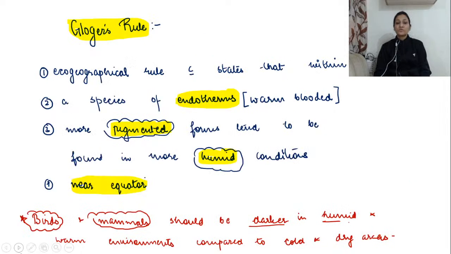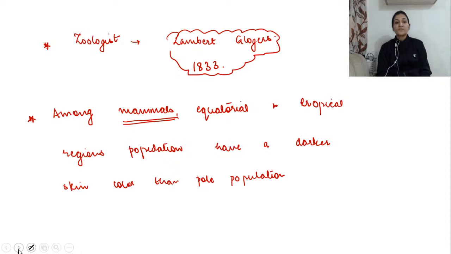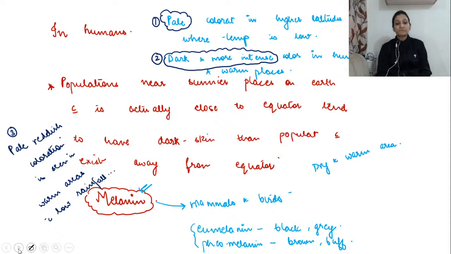This is the whole formula, that inclusive fitness equals direct relatedness into indirect relatedness. Then we have seen Gloger's Rule. It is about the pigment of the skin, that the individuals who are living in the warmer and drier areas are going to have more pigment, more melanin in their skin than the people who are living in the colder areas, that is at the higher latitudes. This is the Gloger's Rule, and it was given by the scientist Constantin Gloger in the year 1833, and it stands true for mammals and for birds. These two follow the Gloger's Rule, and Gloger's rule is for melanin pigment, eumelanin and pheomelanin.